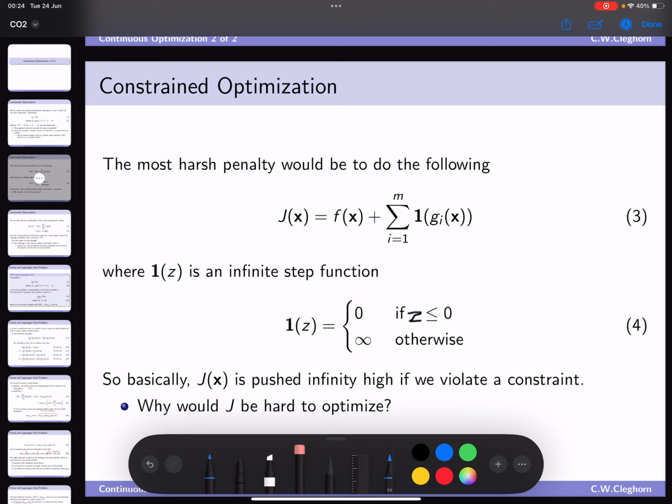You can see, as it says, that J of x is pushing infinitely high if we violate a constraint. It says, why would J be hard to optimize? Well, because it's a step function. It's flat everywhere with this discontinuity at 0 where the step actually happens. I obviously can't draw it because of the infinity, but a step function looks something like